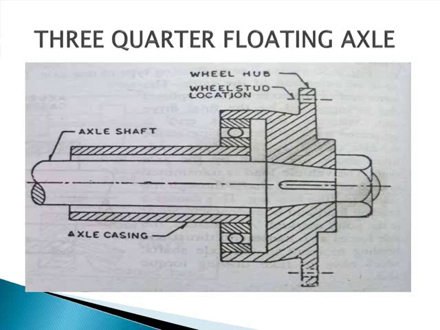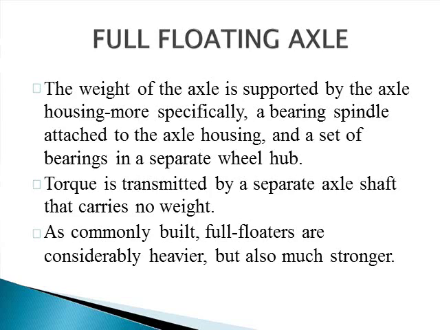In this type, the bearing is located between the axle casing and the hub instead of between the axle casing and the shaft, as in the case of semi-floating type. Here, the axle shaft has to take end loads and driving torque. It is not subjected to any bending and shearing action due to vehicle weight. The axle casing supports these two through hub and bearings. This is the construction and need of three-quarter floating type.